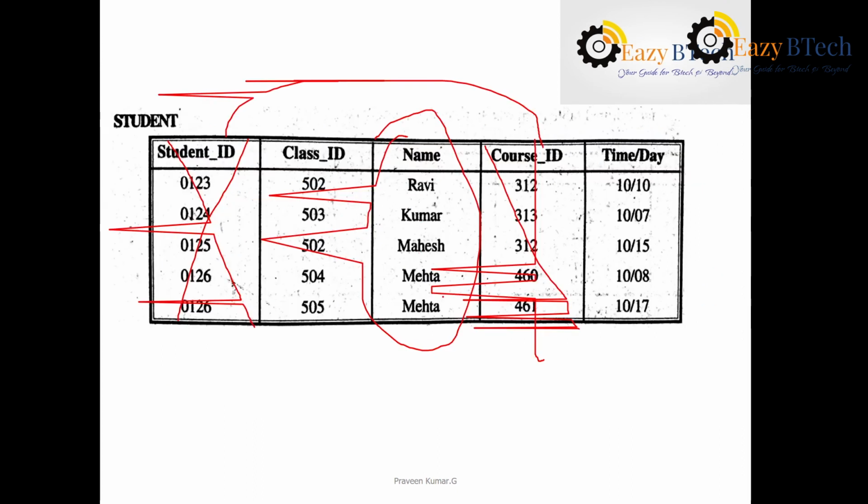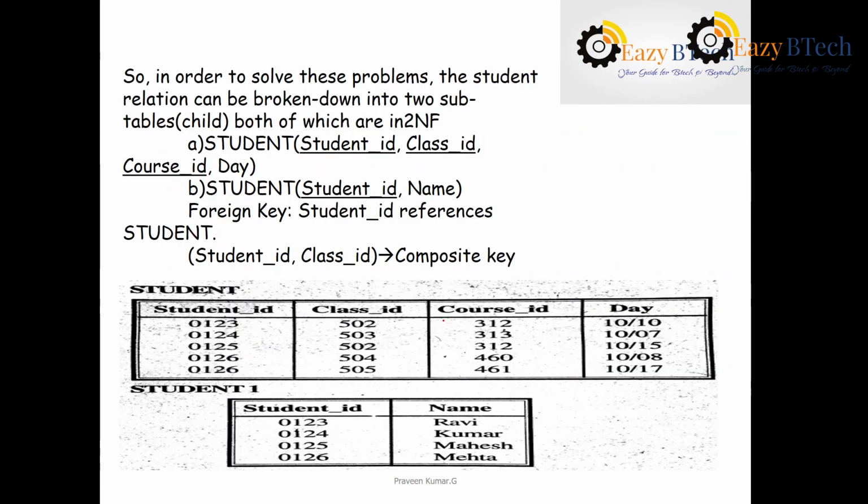If a student wants to register for more than one course, Mehta wants to add one more course, then if we want to change his name, automatically we have to update all the rows. Suppose we updated only one row and forgot to update the remaining rows. It is a problem. To overcome this problem, we divide this particular table into